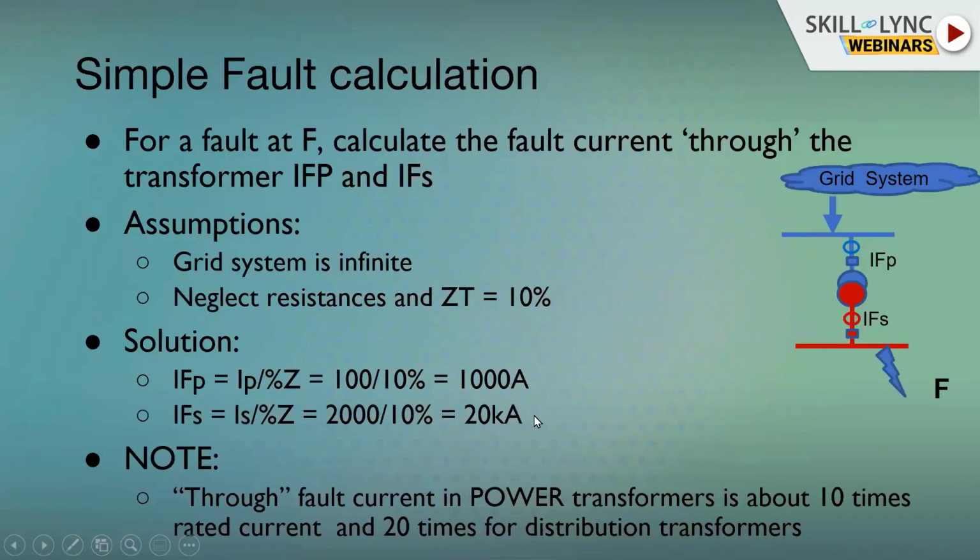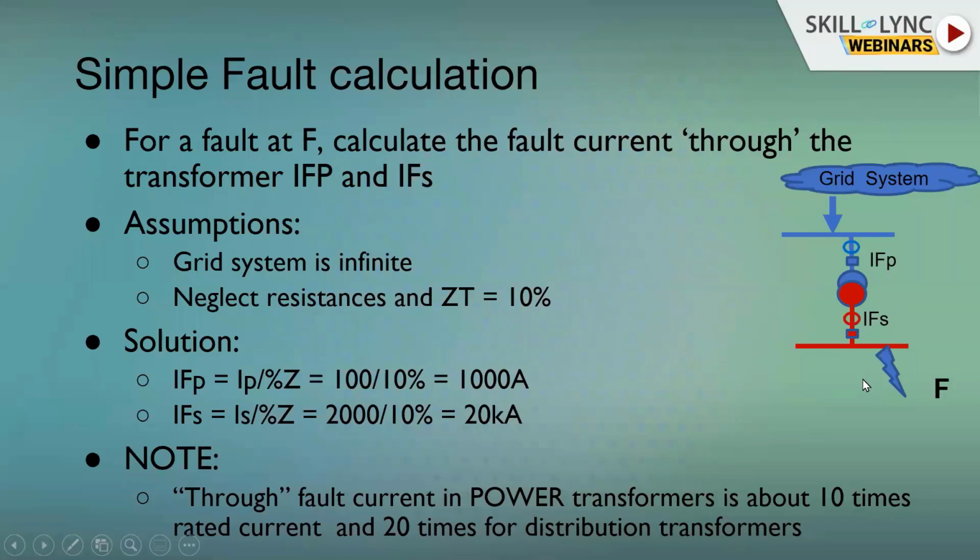So in a way, I have a very quick calculation here. So here we have a grid system, back to the grid system, the transformer and all that. The grid system is supposed to be infinite because the transformer ratings are small compared to the grid system. So let us ignore the impedance of the grid system. So in case somebody says that my transformer impedance is 10%, then if you have a fault on the secondary side, the current through the transformer would be 10 times more. 1 by 10% is 10 times, right? So it is very simple.